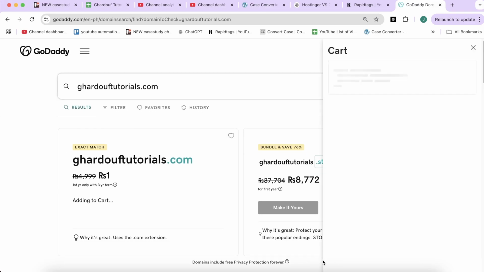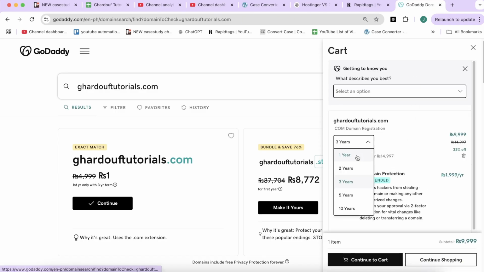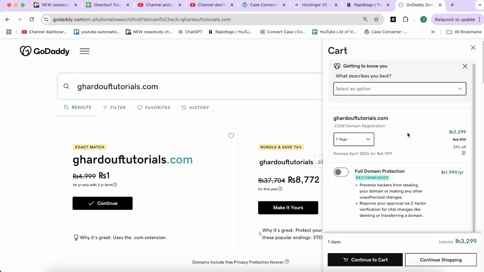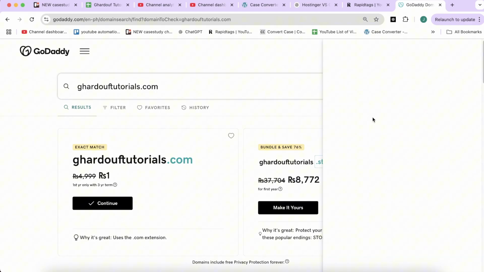Now you have to click on the view cart button, and then select the number of years that you want to buy this domain for. You will be able to see the price for the year that you have selected. Now click on continue to cart,